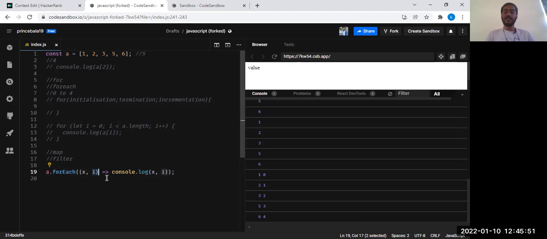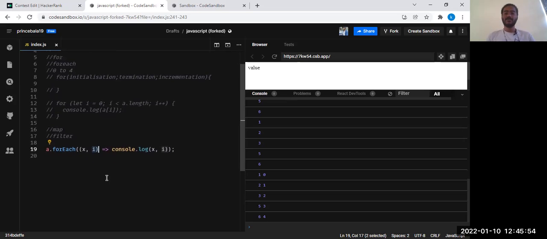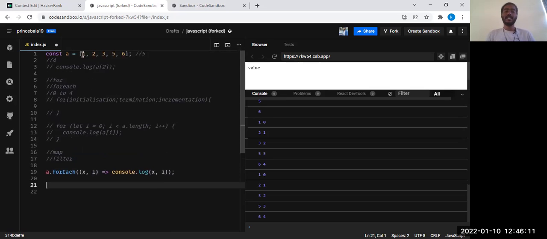So this is a simple forEach loop. So here you don't have to give this incrementation or anything. Straight away this itself will run through the entire loop of the array, and it will print the values for you. So you have to just use this inbuilt method, which is provided by JavaScript. So now I consider that here you have to multiply each element by 2. Okay, each element by 2.